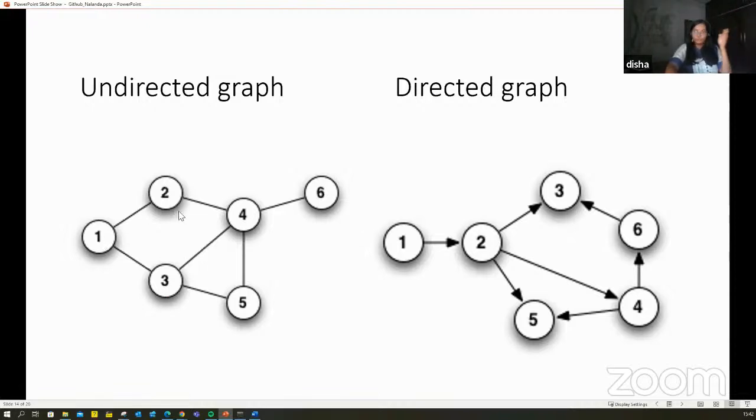Either way, it is like a two-way street, the traffic is coming in and going out as well. And a directed graph, you can visualize, is like a one-way route. You can only go one way, you cannot come back, otherwise the police will give you a fine, and then it will also send you an online notice these days.